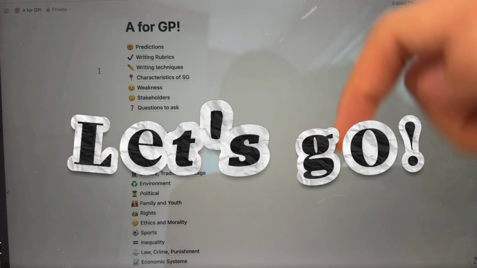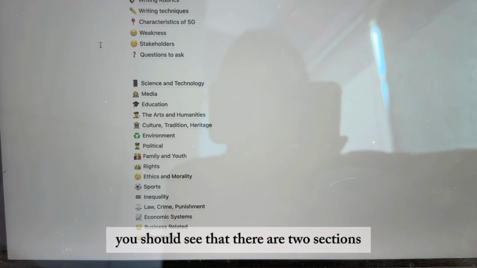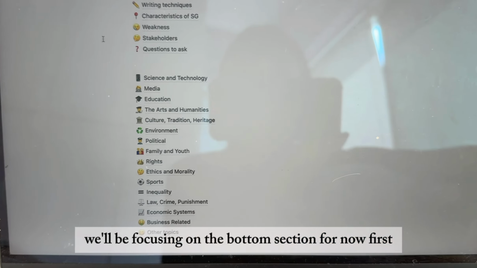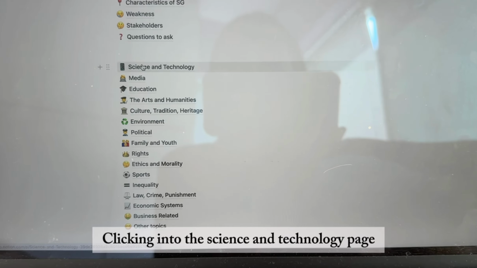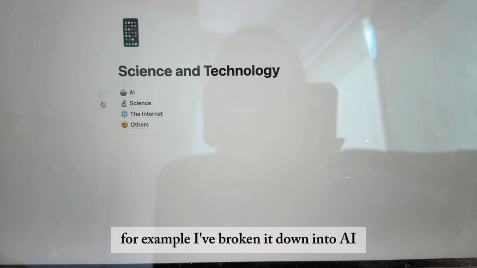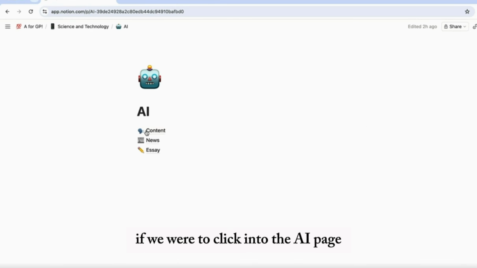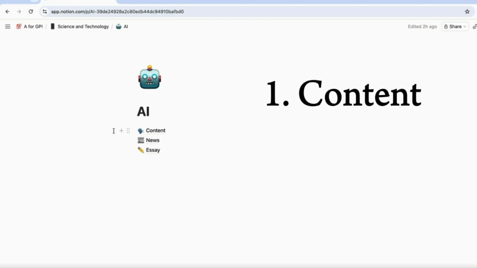Let's go! Once you open up the template, you should see that there are two sections. We'll be focusing on the bottom section for now first. Clicking into the Science and Technology page, for example, I've broken it down into AI, the Internet, and others. Now, if we were to click into the AI page, you can see there are three different pages: content, news,